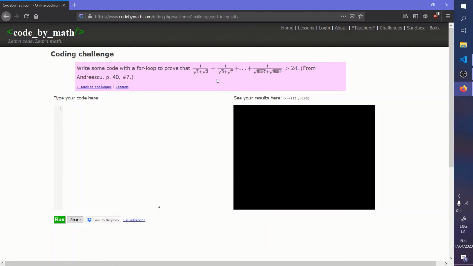I've derived this challenge from Codebymath, which is a website that teaches you how to learn code in the context of learning math, and it's a really good resource and I recommend you check it out. The website uses Lua to code, but I'm going to be using Python because that's what I'm learning. Okay, so